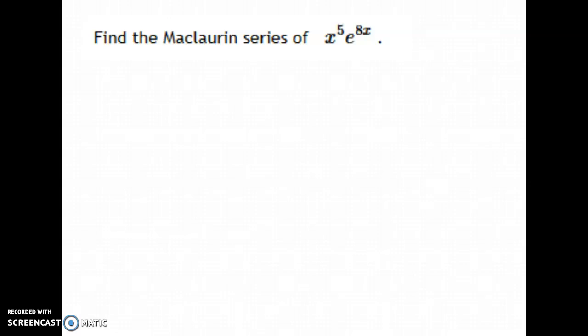So the Maclaurin series for e to the x is equal to the infinite sum from n from 0 to infinity of x to the n over n factorial. And now we'll just need to modify this sum. So we want to modify it to match our function. And so in this one here, we have